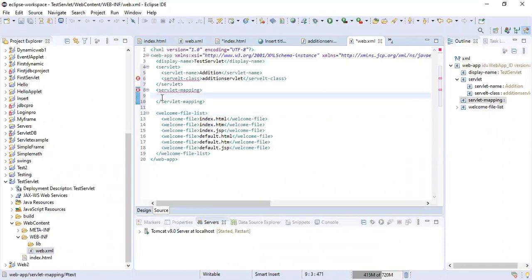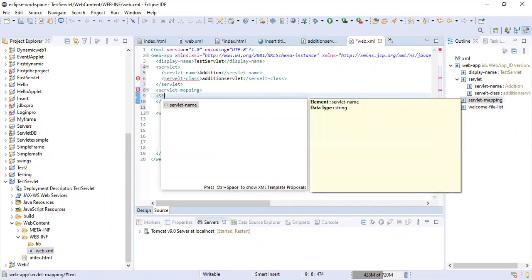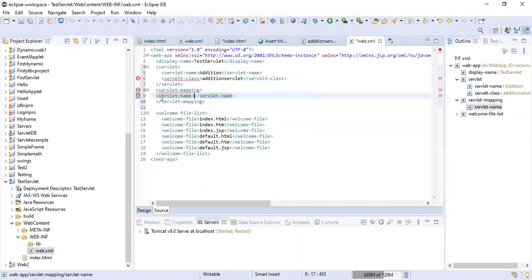In the servlet mapping, again, I have to write down the servlet name. The servlet name is this one. Whatever we have given over here, the same name you have to keep in the mapping as well, so say addition.